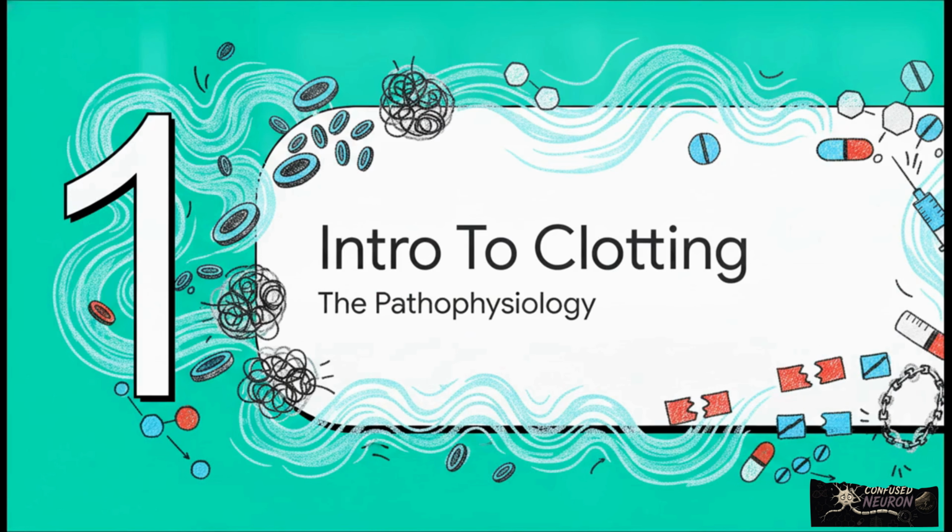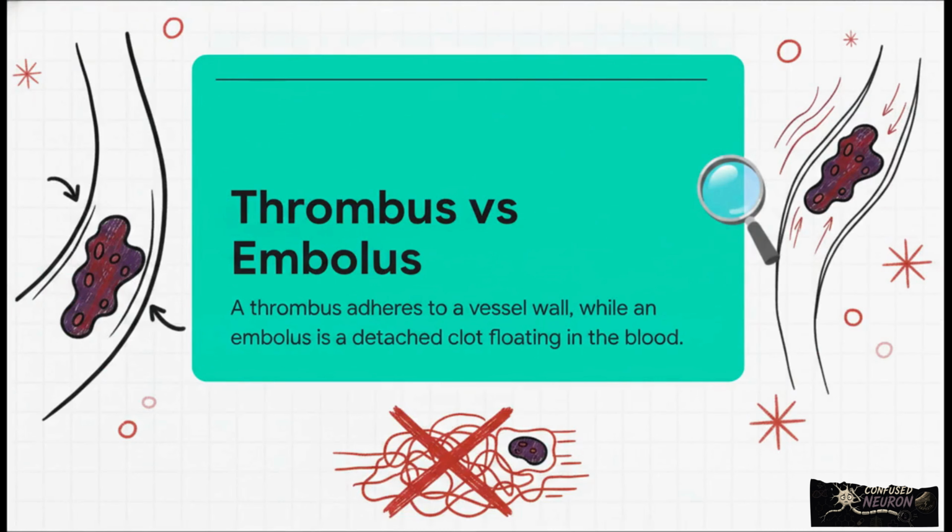Section 1. Introduction to clotting, the pathophysiology problem. Let's define the playing field of hemostasis, because you absolutely have to understand the disease before you can understand the drug. All right, first things first, vocabulary. Imagine a thrombus as a clot that's just stuck, adhering to a vessel wall. But the second that thing detaches and goes floating through your bloodstream, boom, it becomes an embolus. And that is highly dangerous. A detached thrombus is an embolus, and both of these can literally be fatal by plugging up blood vessels and